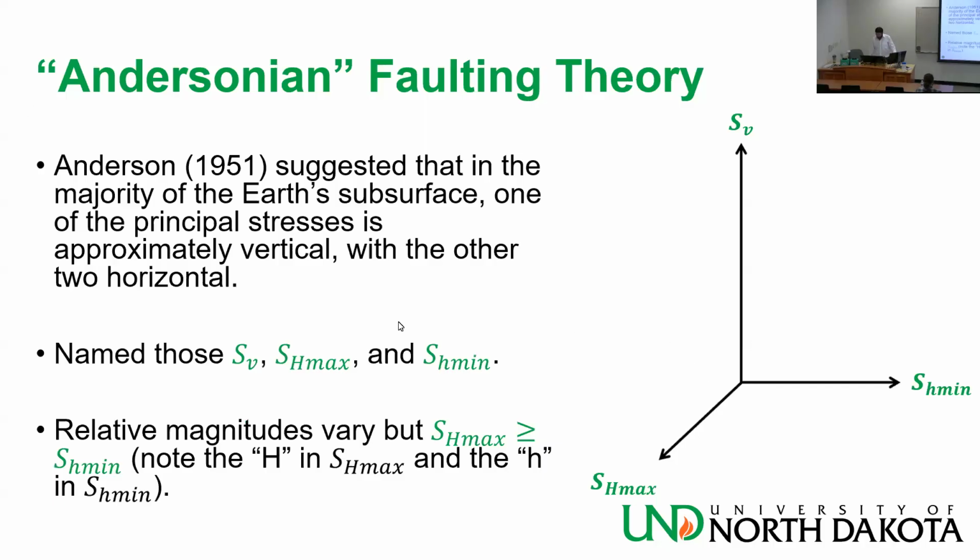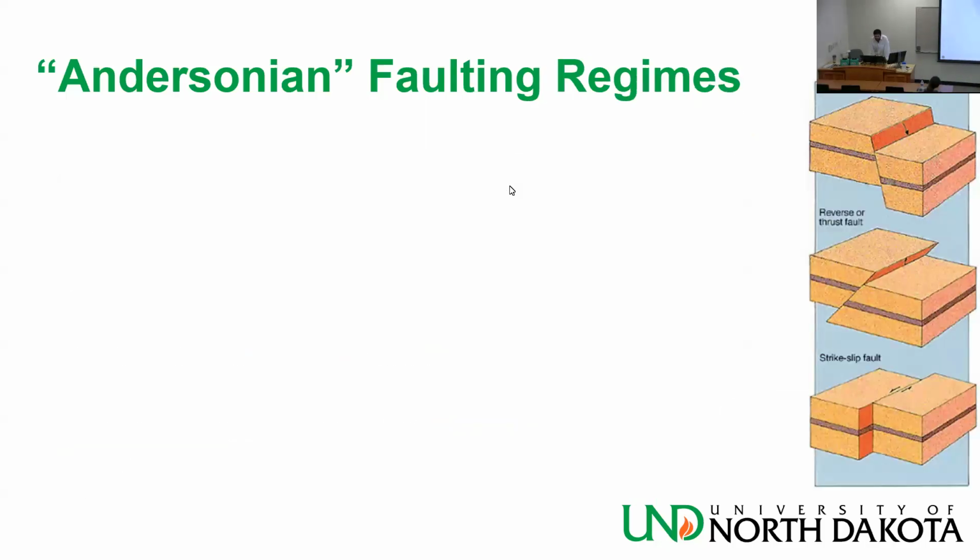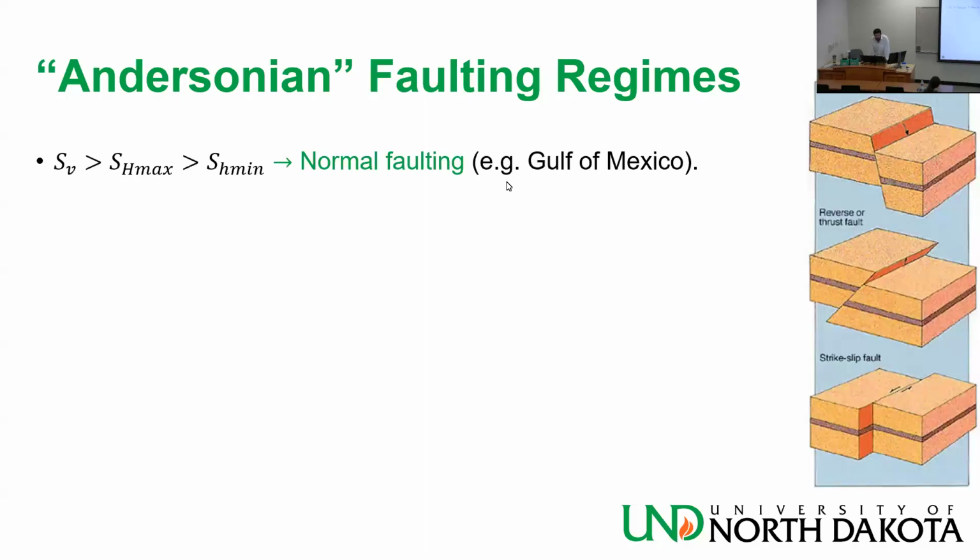So I just have three stresses. They face at a fixed direction. So one is vertical, two are horizontal. Of course, the horizontal can be anywhere in the horizontal plane, but on the plane perpendicular to SV. But always SH max must be bigger or equal to SH min. That's our rule. If we honor that, we're gonna have three possible regimes, which you probably learned about in geology,